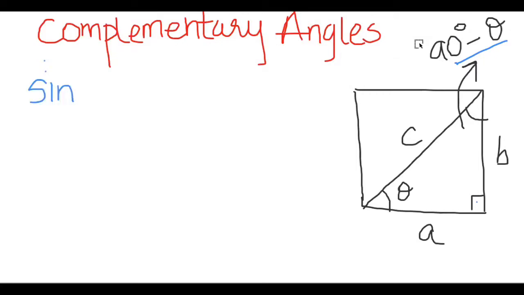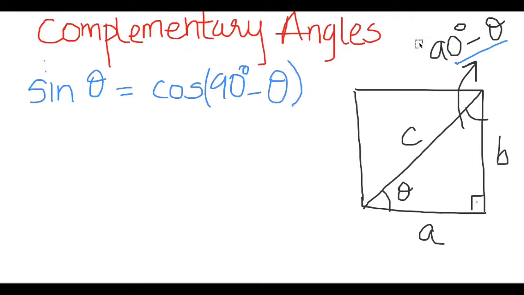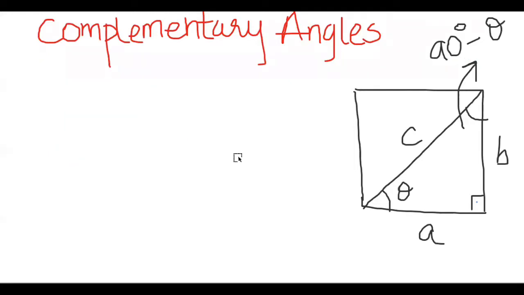The second identity which we have is sine theta is equal to cos 90 degrees minus theta, which is basically the reverse process. But let's take a look at how it happens. If we want to find sine theta, then we're going to take it as b over c, as opposite upon hypotenuse. And if we want to find cos 90 minus theta, that will be adjacent upon hypotenuse, that will be equal to b over c as well. And that's why we can prove that sine theta will be equal to cos 90 minus theta, and they are complementary angles.